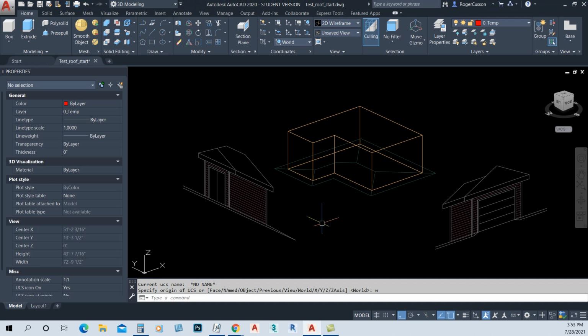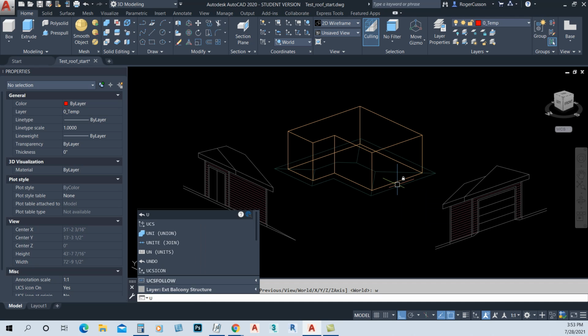Hi, today we're going to create a roof for this small little structure in 3D in AutoCAD. And what we'll do is we're going to create basically two layers. One will be for the fascia and the other one will be for the shingles. So how we start this is we're going to start by creating